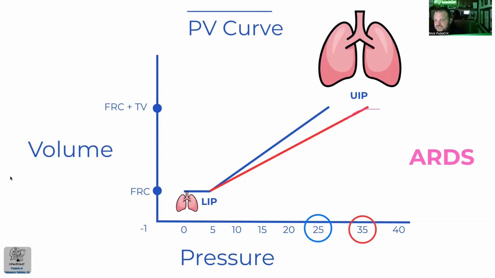But in this situation, what we see is the blue line shifts downward and we get this new compliance line. For each delta change in volume, you have a higher delta change in pressure. Ultimately, when you deliver the volume, you're at a higher plateau pressure, which is this 35. So we know that we want to be around 30, right? Because that's